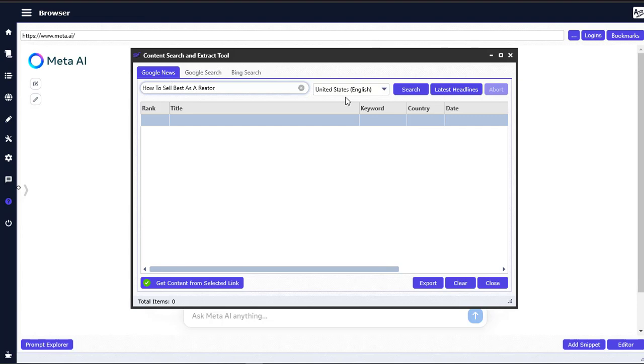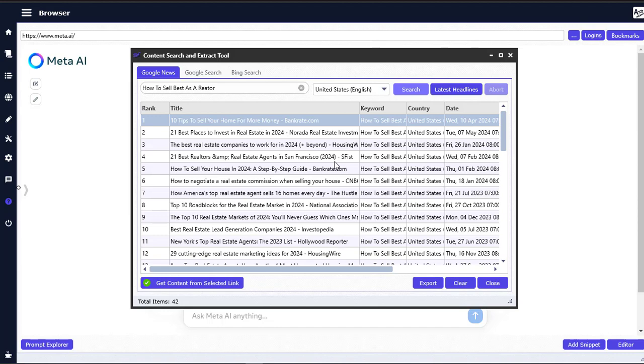right? So you can see you are going to select the language. You understand the language you want to scrape from. So you can see there are several languages right here. So I'm going to be selecting United States English, and you can see it. You are going to click on the search, so it's going to extract from Google News directly. So let us click on search and see what is going to happen. So it's going to take few seconds for